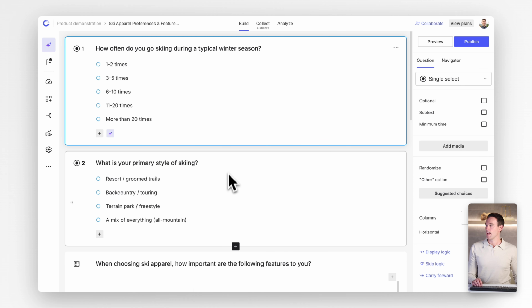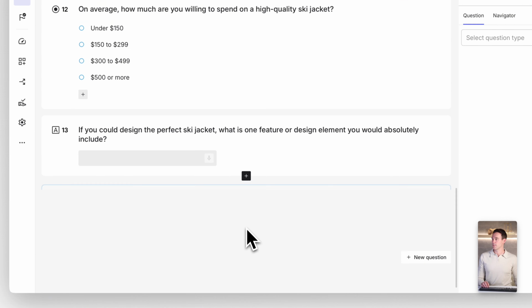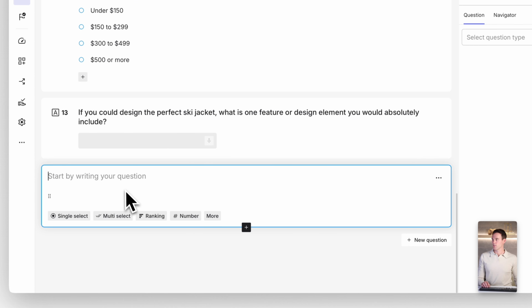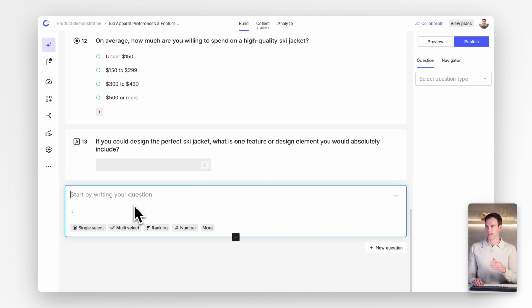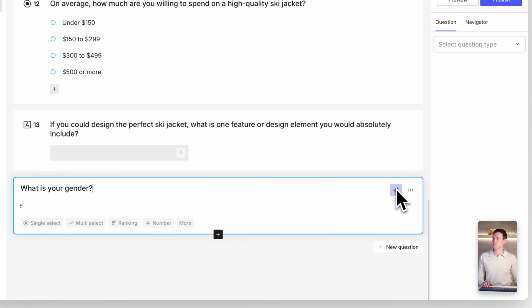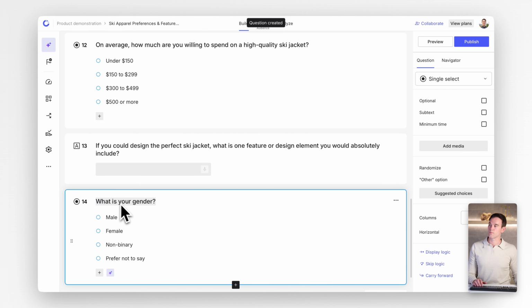So next, I'm going to go down here and just manually add a question. So I'm going to start off not by selecting a question type, but just starting with the question statement. So I'll say, what is your gender? And rather than selecting a choice, I can just ask AI to finish the question for me. So it's going to rewrite the statement as needed, select the applicable question type, which is single select, and populate